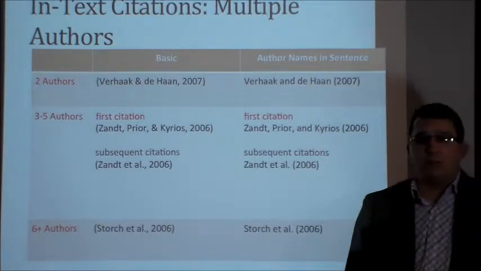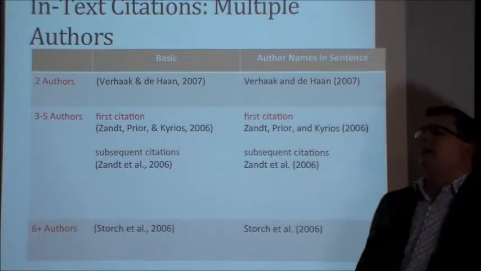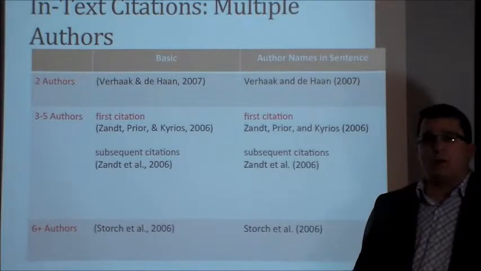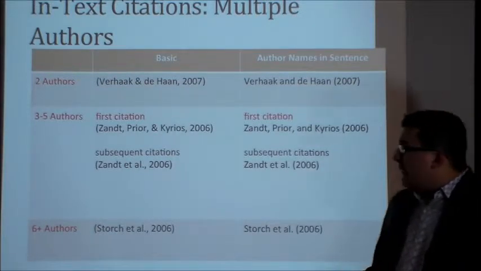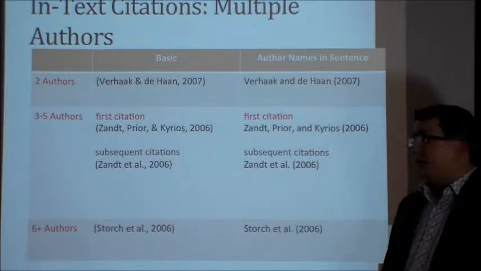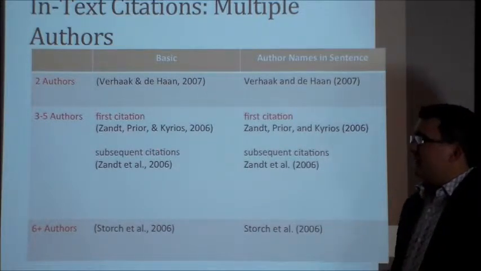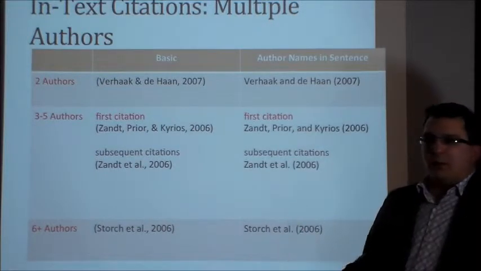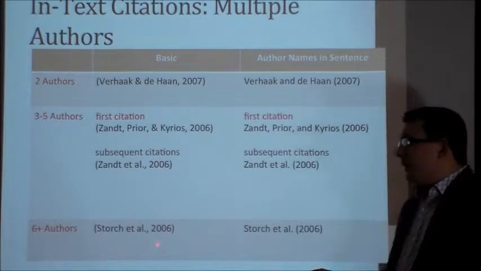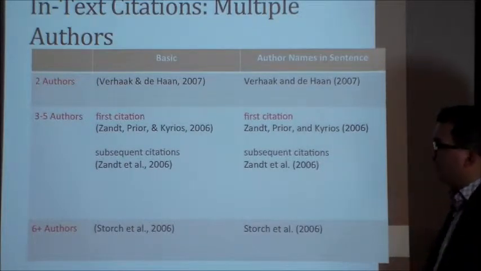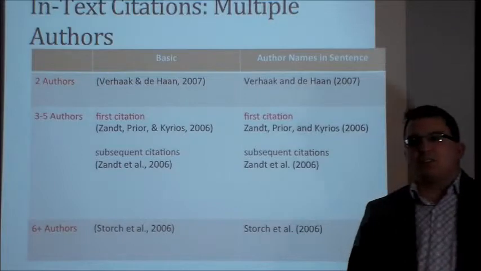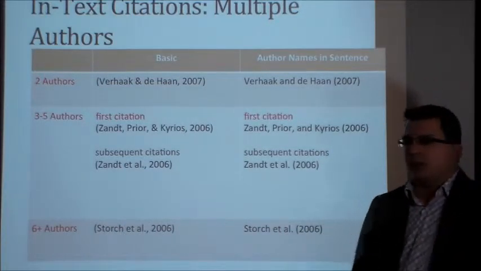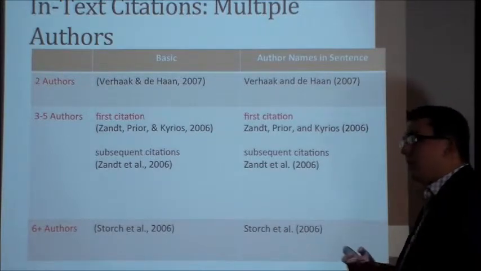6+ authors, fun ones. There are a lot of documents within science, within medicine, within healthcare that have multiple authors, so this may be something that you'll use quite often. With those, you don't worry about that first citation. We're not going to write out all 8 authors the first time and then go to the subsequent et al. We're going to go straight to the et al. We're going to go straight to the easy stuff. So say we have Storch here and say there are 10 other authors after Storch. We're just going to go Storch et al. 2006. We're not going to waste our time getting all those 9 authors out of there.